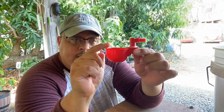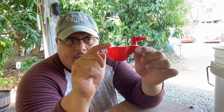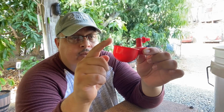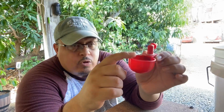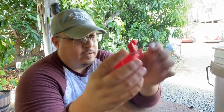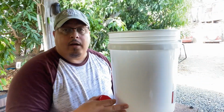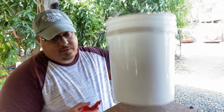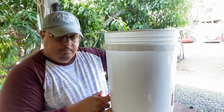So when the cup fills up, it weighs down and it closes the valve. Now what I want is, I don't want this valve touching the ground or the brick that I'm going to have it on. I'm trying to keep it elevated. Once I have it set up that way, then it's off the ground. The chickens don't have to squat real low to get it, and it's accessible to them, hopefully. And that's the idea, right? What I'm going to do is set this bucket more or less how I want it, which is on one of these same bricks. Once I have it set up,